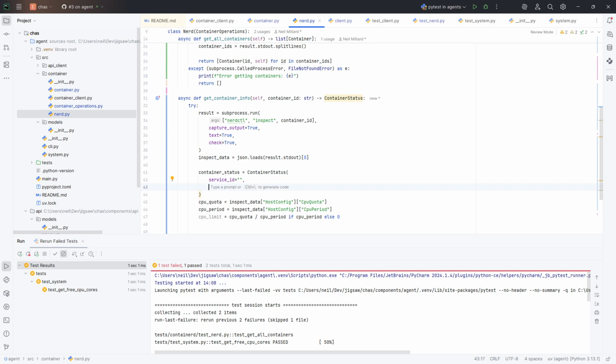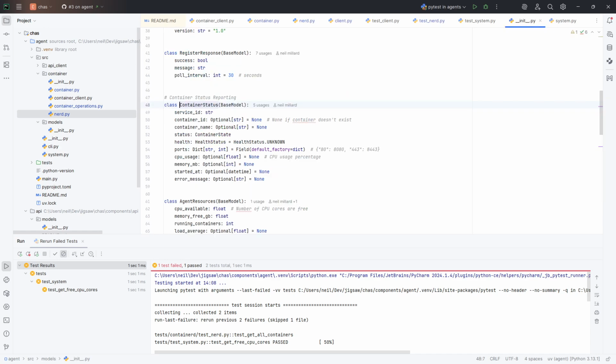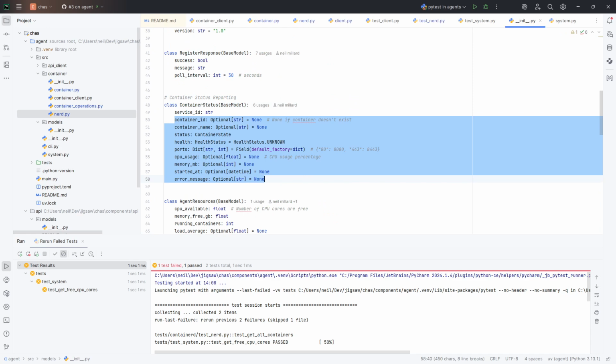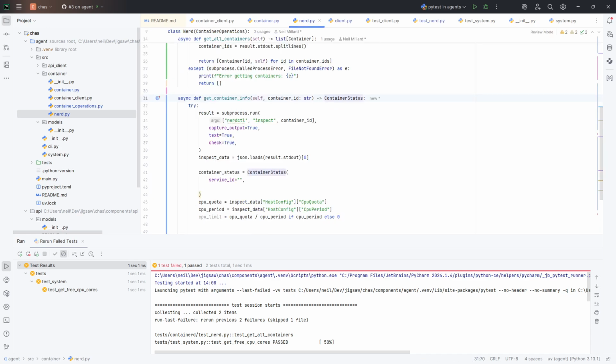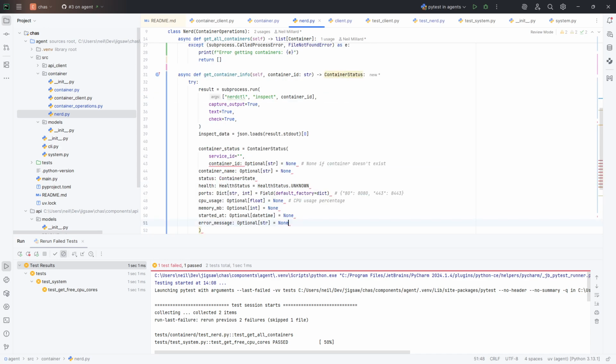If only we knew what all the fields were. It'd be nice if it just told us what all the fields were. Let's go in here, grab them all from here. Yeah, we haven't written a test yet. Should have written a test first? Yeah, probably. Do we care? No, of course not. So this is going to equal